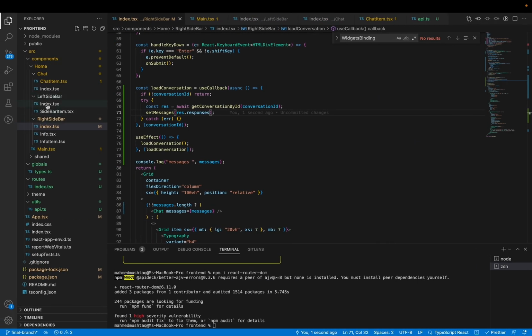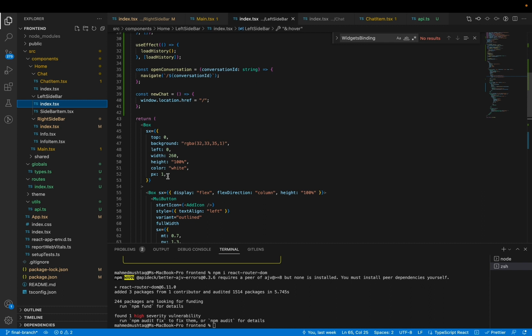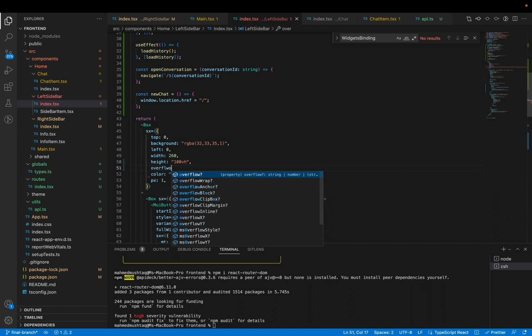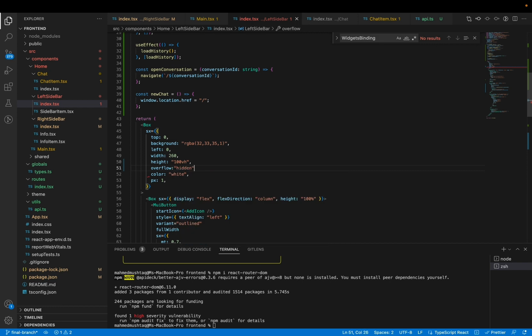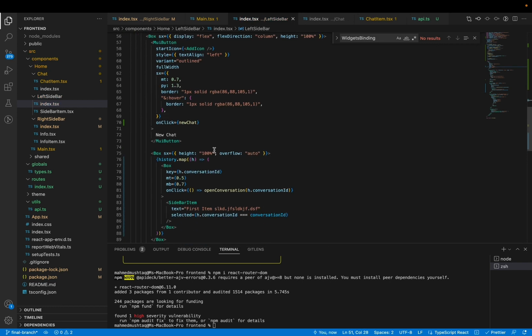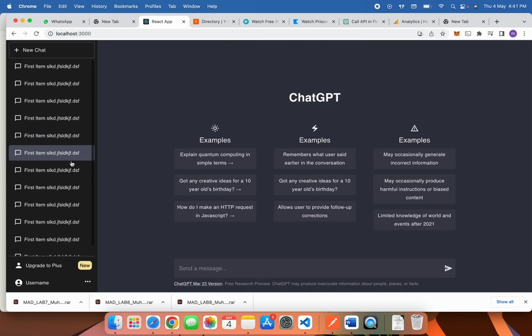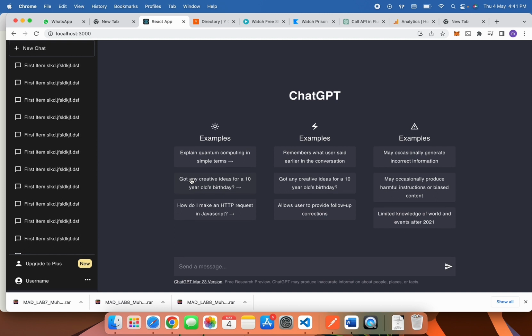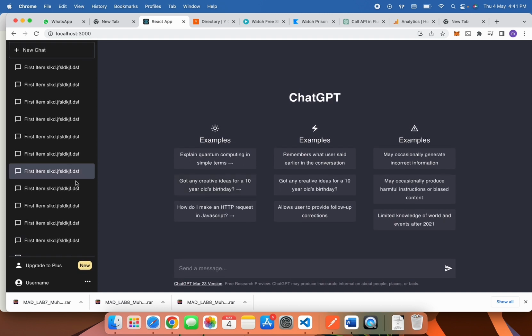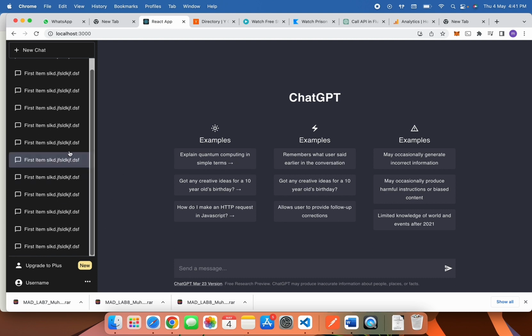Go to left sidebar, go to here and set here 100 VH, overflow hidden, 100%, you can see 100% minus 100 pixel. Okay, now it is working fine. Overall layout is also fine. So one more thing,